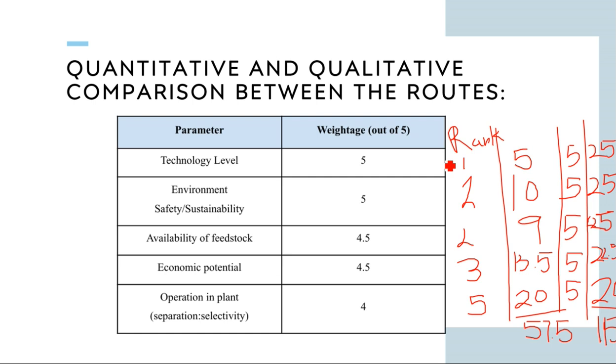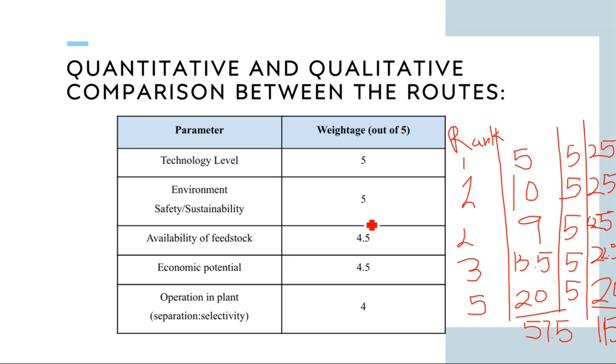So based on that, the point I want to make is that till now I have done the qualitative things. Qualitative things are good to eliminate the process, but when we are doing a comparison, we should do qualitative and quantitative comparison. So I have given weightage to all the parameters, and I am now going to check the other methods, rank those methods out of 5 for each parameter, and then multiply that by their weightage, so that I can get the total overall score to select one method.